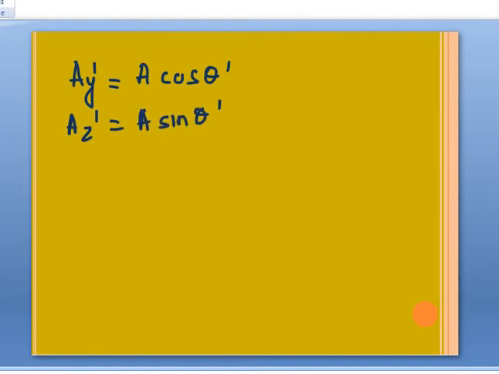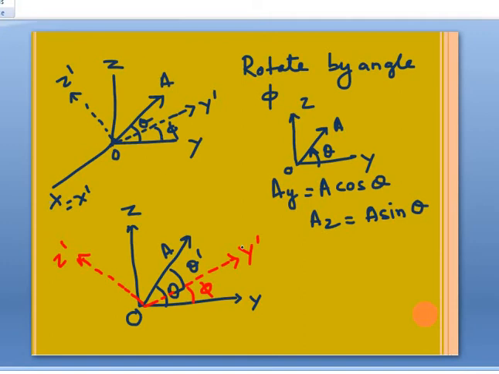So let me go back once again and try to discuss it with this perspective, because again you can ignore x because x is not changing. Because you are rotating about x, X and x prime are both remaining the same. But our y prime and z prime axes will be tilted. This is easy to imagine. Don't worry. So before going there, let us go to the basics. When you are having a normal vector A in the yz plane, you will have AY is equal to A cos theta, AZ is equal to A sin theta.